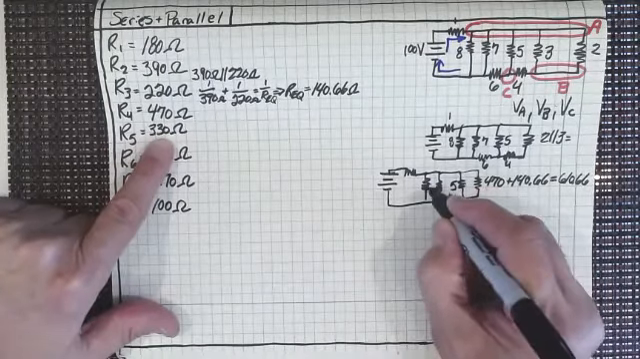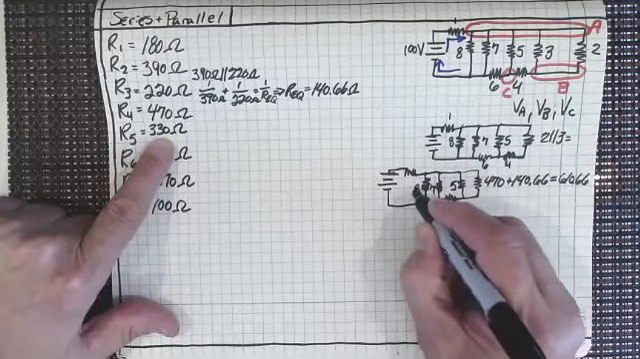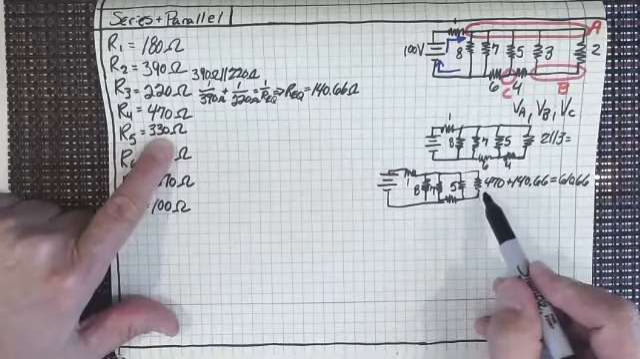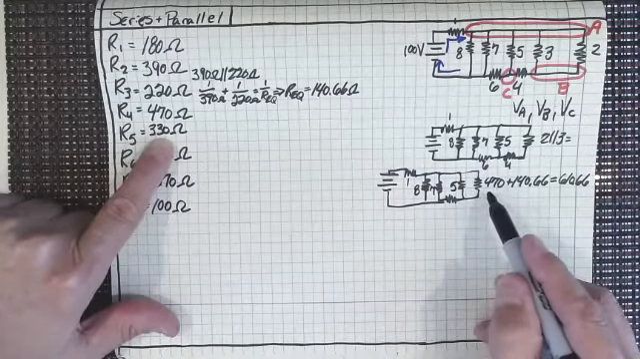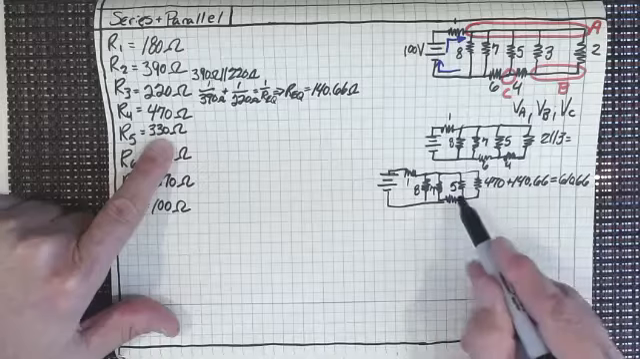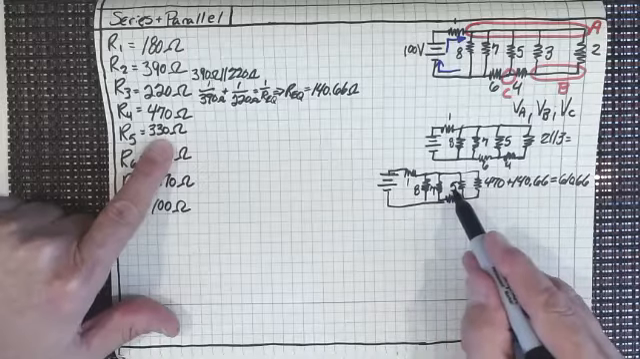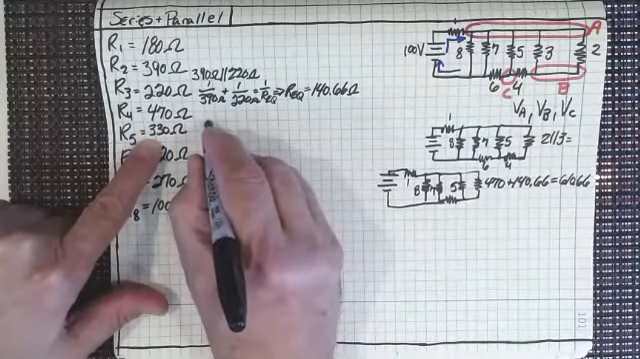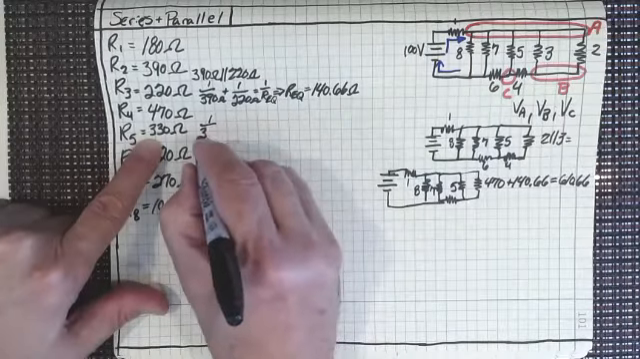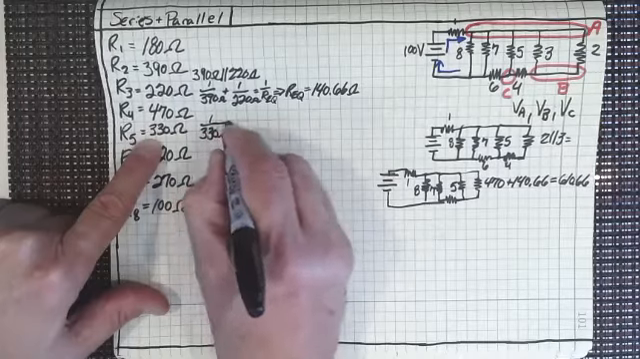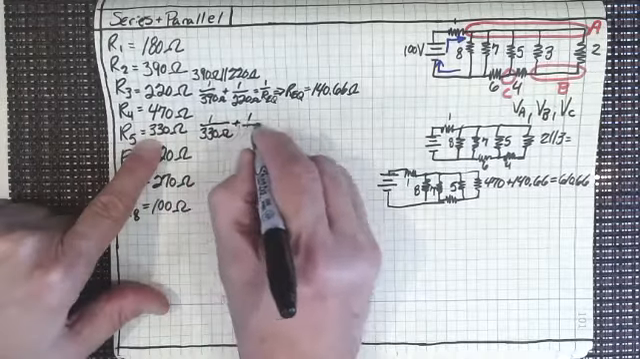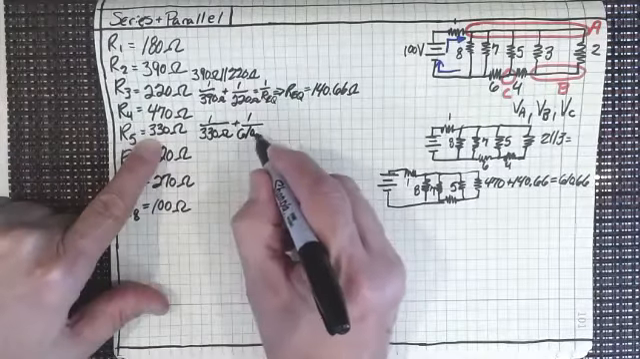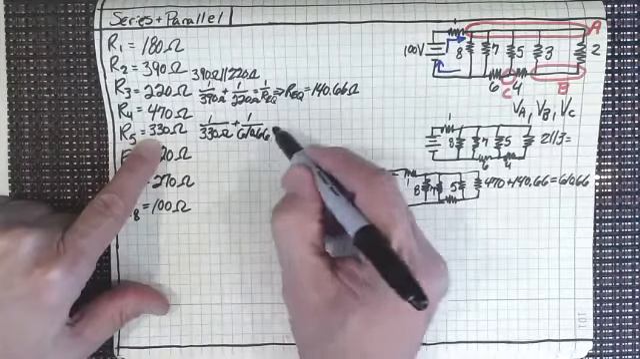That's 5, still 7, still 8, still 1. I'm going to redraw that in just a second. Now, we've got that 610.66 in parallel with 5, which is 330. So let's do that. So 1 over 330 ohms plus 1 over 610.66 ohms,